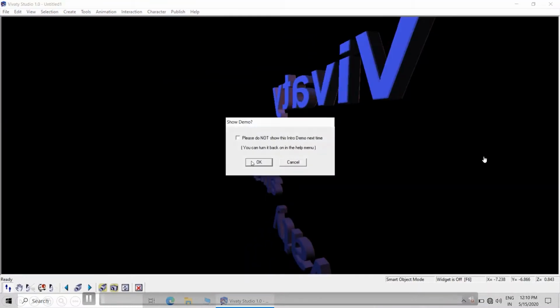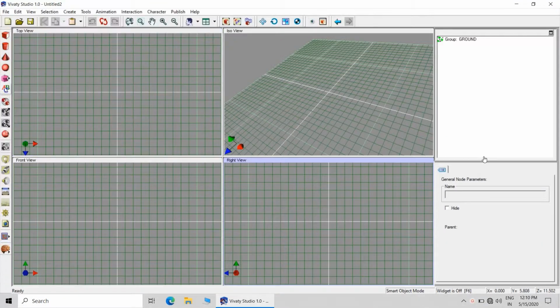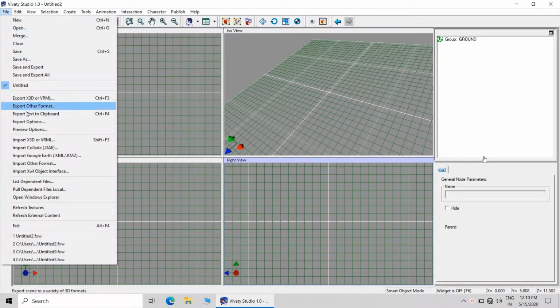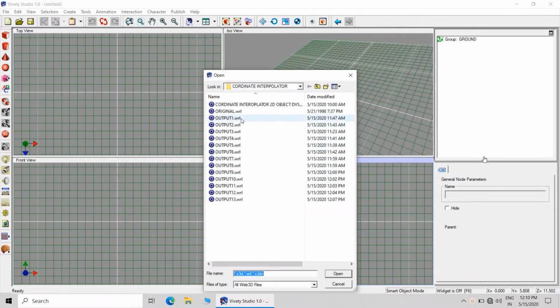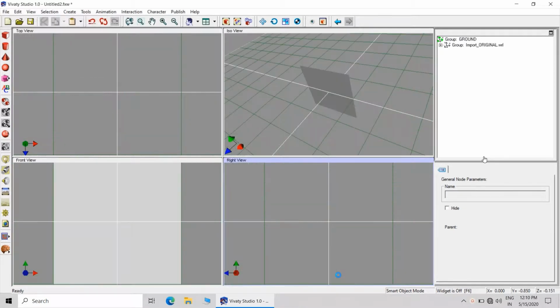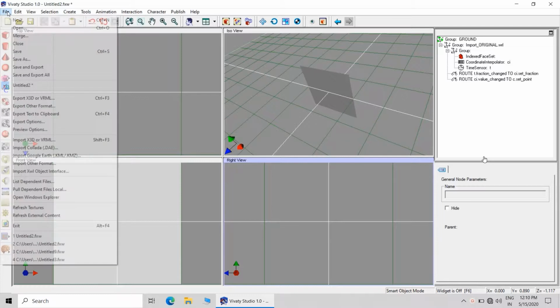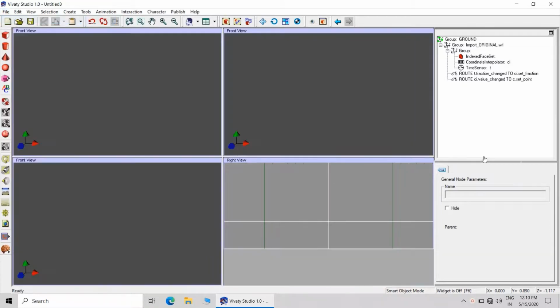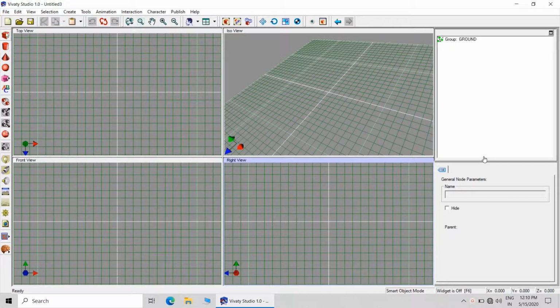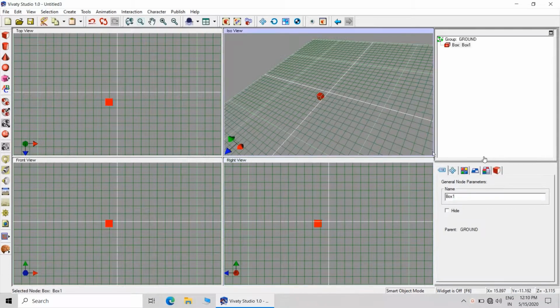Now same thing can be applied to 3D objects also. Actually I'm importing the 2D animation. This is the original file from where I have created this animation. Here actually I'm creating the 3D animation.